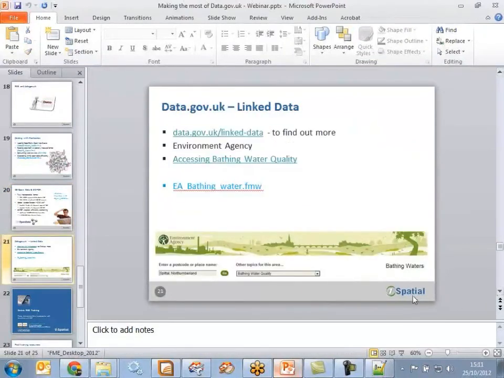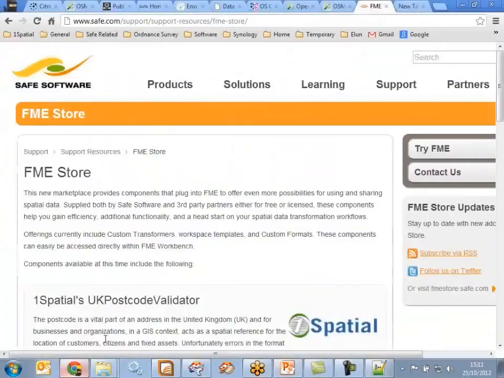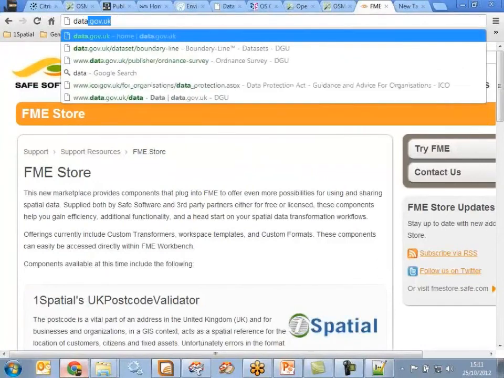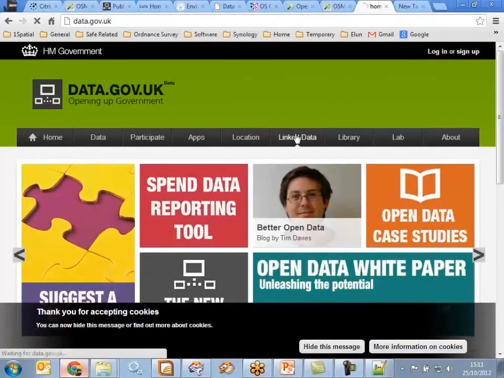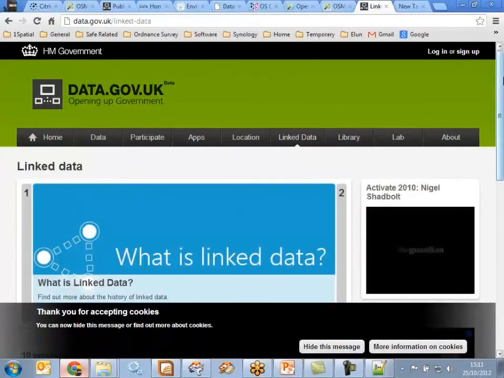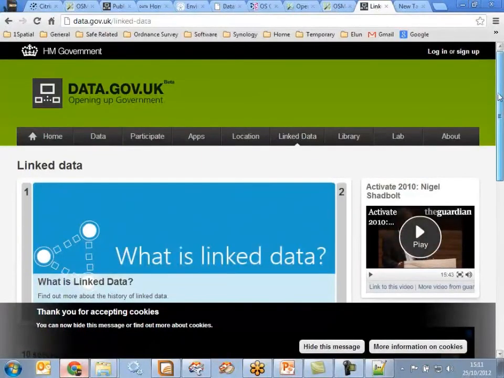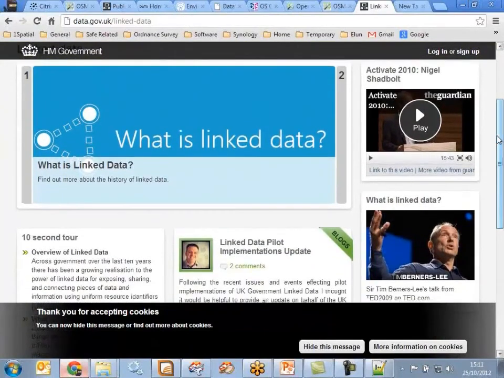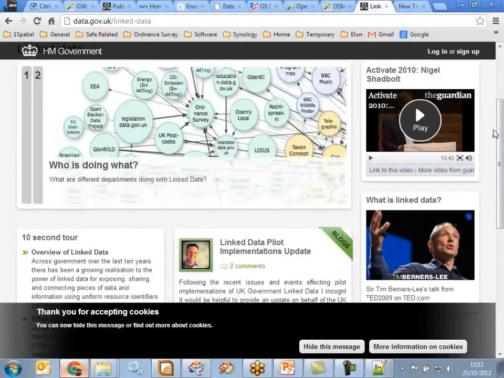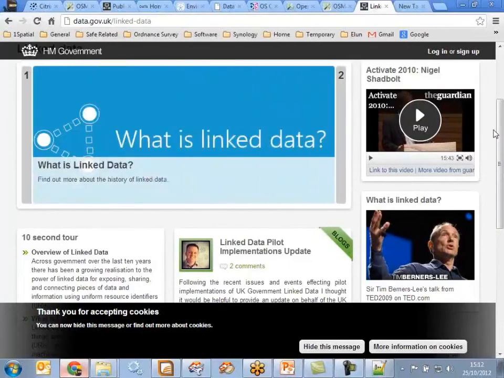Just to conclude, I wanted to very quickly highlight another capability through data.gov. So we'll be 3 or 4 minutes just to finish up. So if we go back to data.gov.uk, we can see there's some linked data available here. Linked data is an interesting topic, and you can go and take a look at some of the data that's available over here. And it's really all about giving a series of unique identifiers to link between different assets